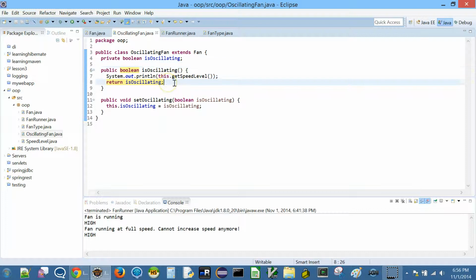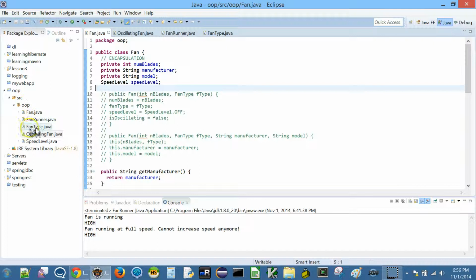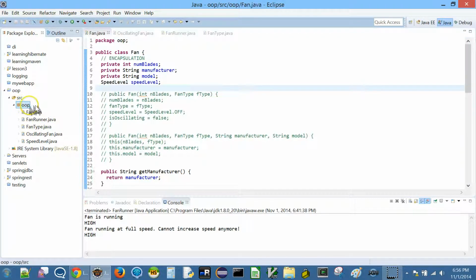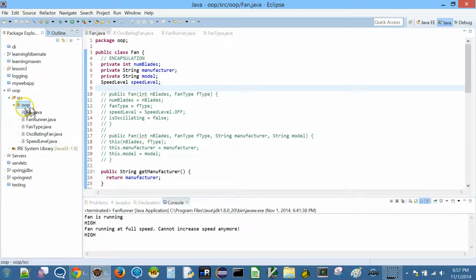Now what are access modifiers? Here we said everything is private. All these fields are private. Now if we make them private, they are accessible only inside this class. Okay. But if I do not use private, I just do this. Now that means default access modifier. Now default access modifier means any class in this package, this OOP is called a package. Inside this package, anybody can access this field directly. Now whether that is something you want to provide is up to you, whether anybody in the package can do.